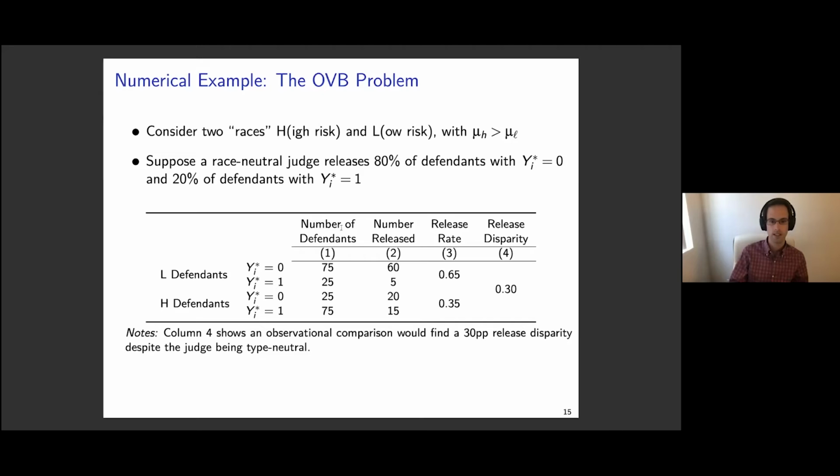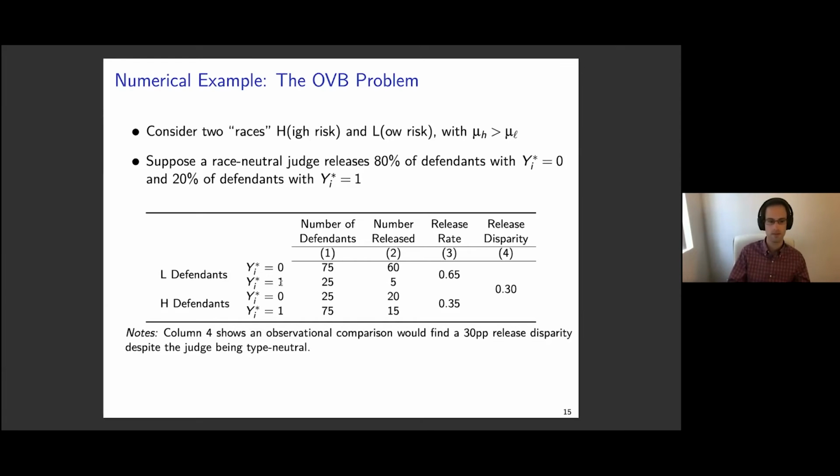But if we look at the average release rates, since we've set this up, we can, in column 1, compute the number of defendants of each type for both L and H defendants. We've set it up so that for L defendants, 75% of them will not behave in pretrial misconduct, while 25% will. So overall, the number released given this decision rule is 65, and so we get a release rate